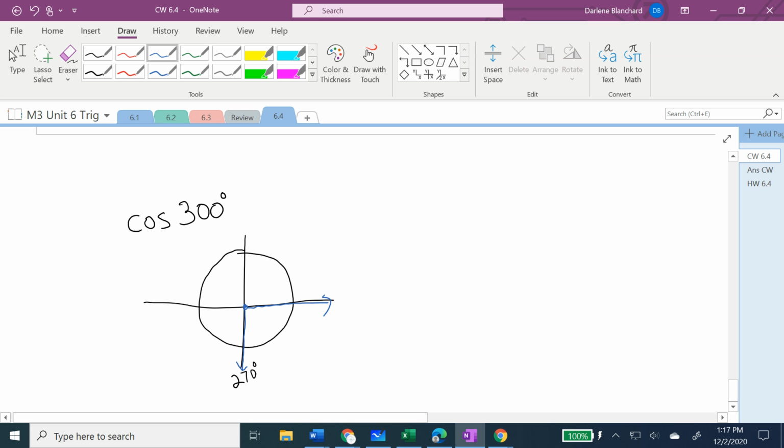Okay. So it's 270 because we humans decided that 0 degrees was going to basically be east, shall we say. And so if I take a ray